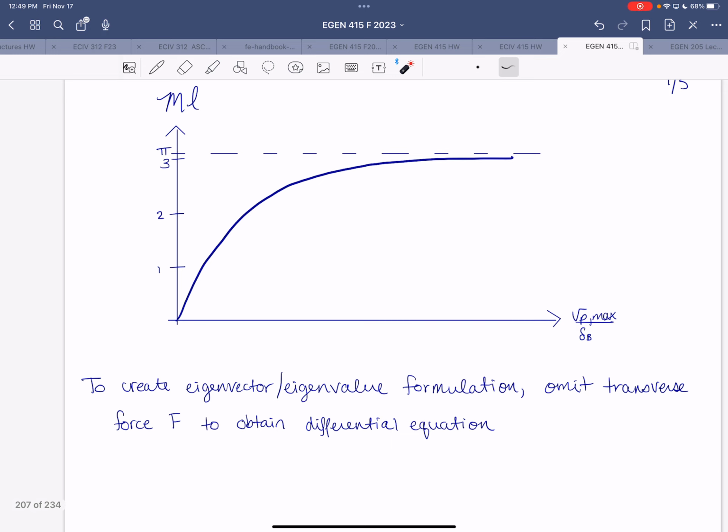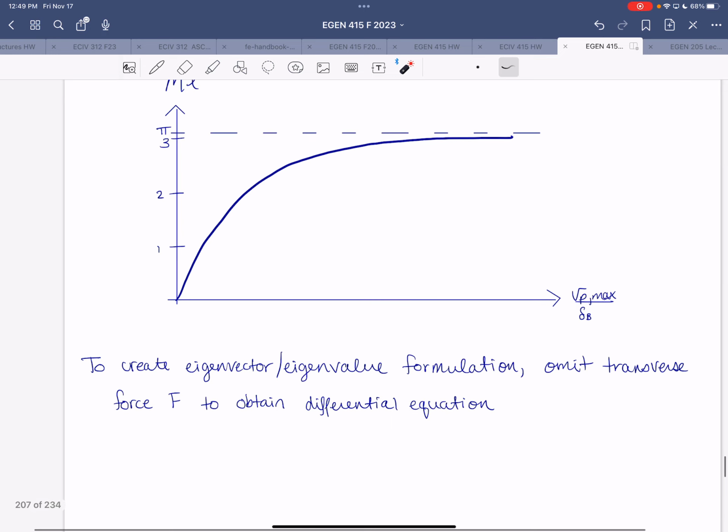And so if we want to generate our eigenvalue, eigenvector formulation, we want to omit the transverse force to obtain the true differential equation. And since we are out of time, I'm going to stop here,